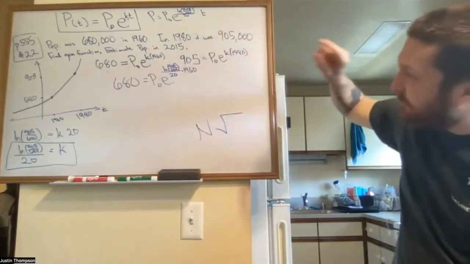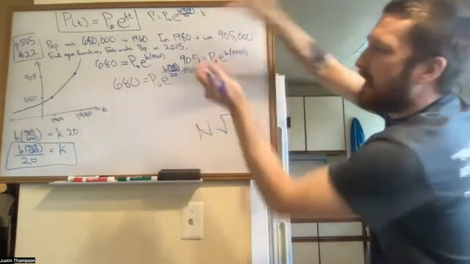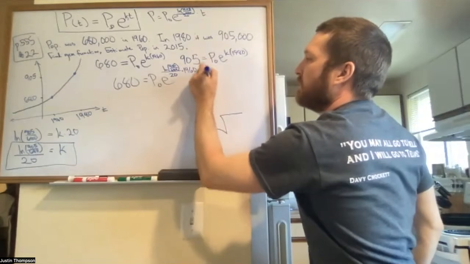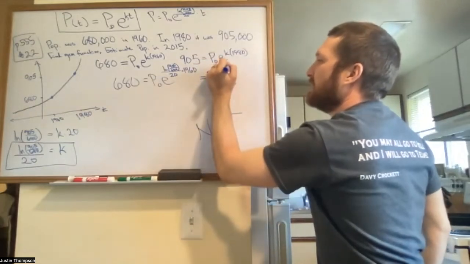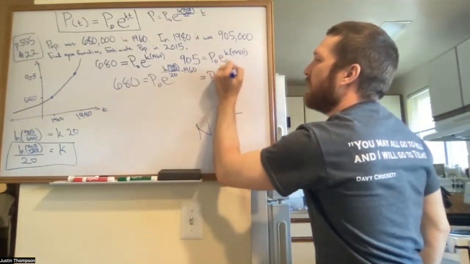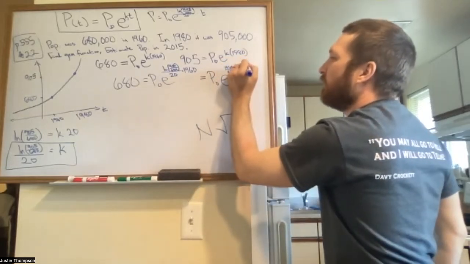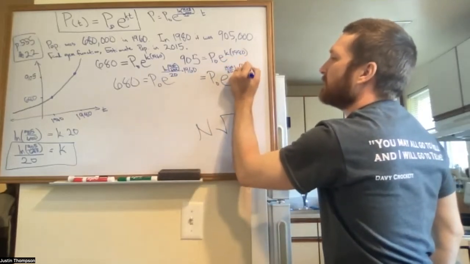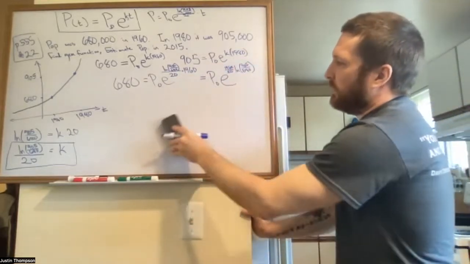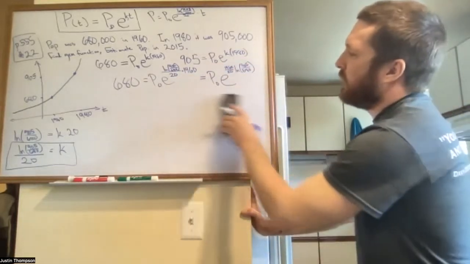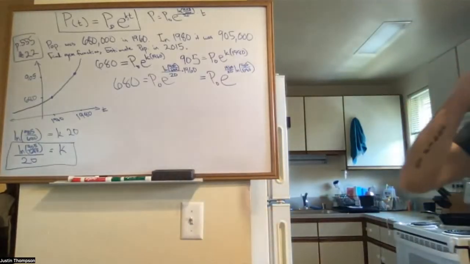I'm going to take that 1960 over 20 and just write it out in the front of the log to get P0 equals 1960 over 20 times natural log of 905 over 680. Right. Okay. And now,